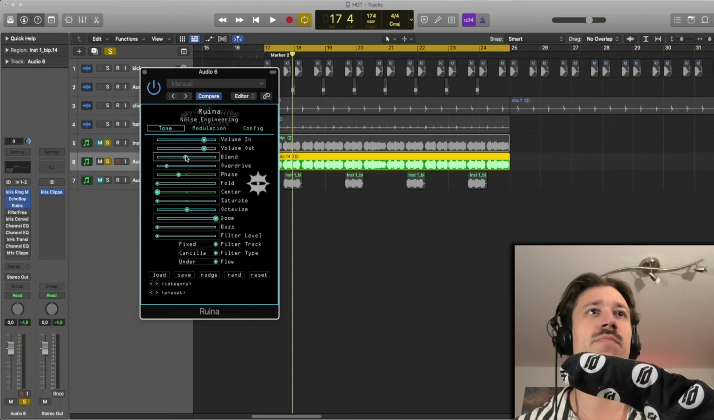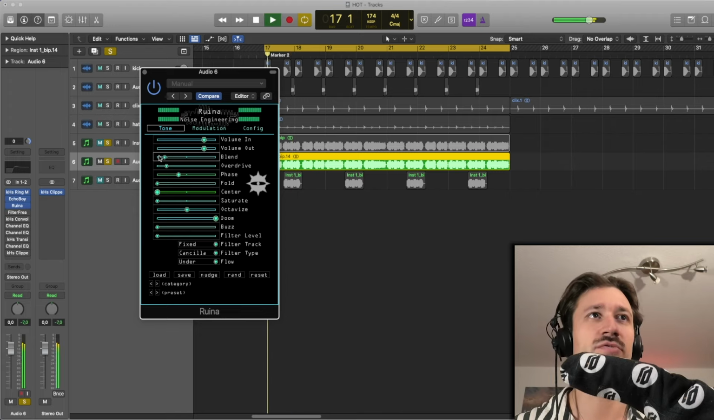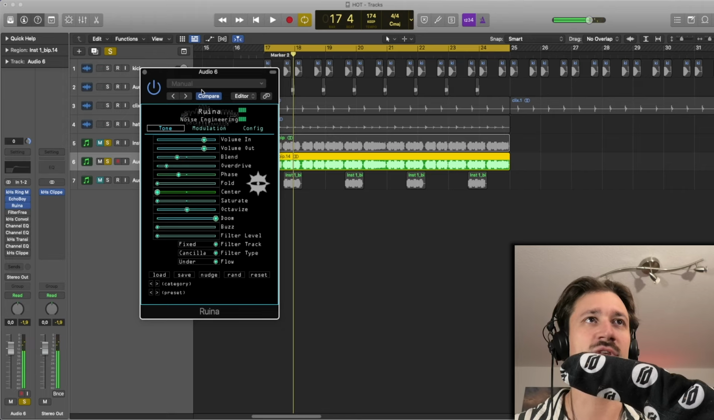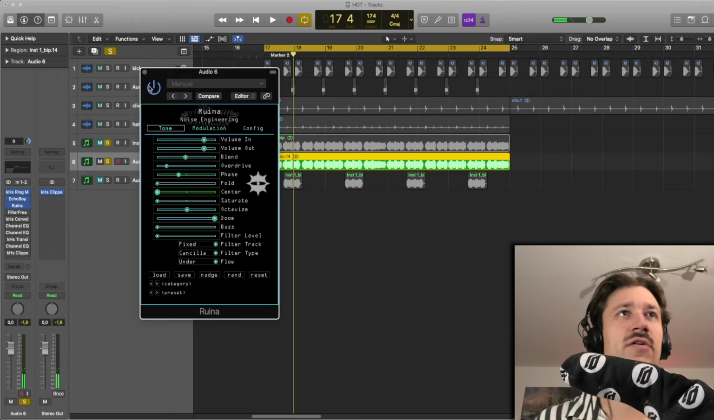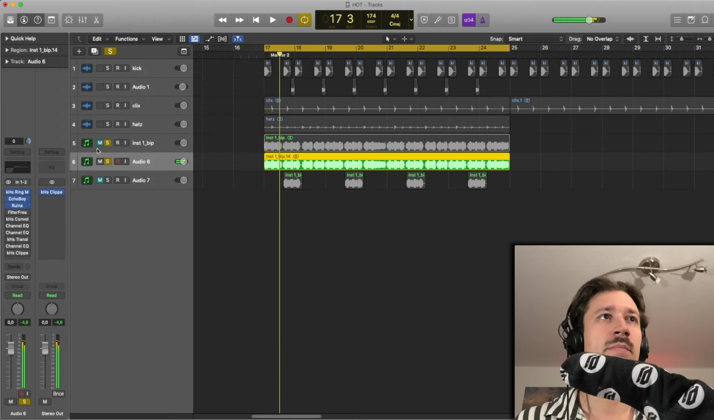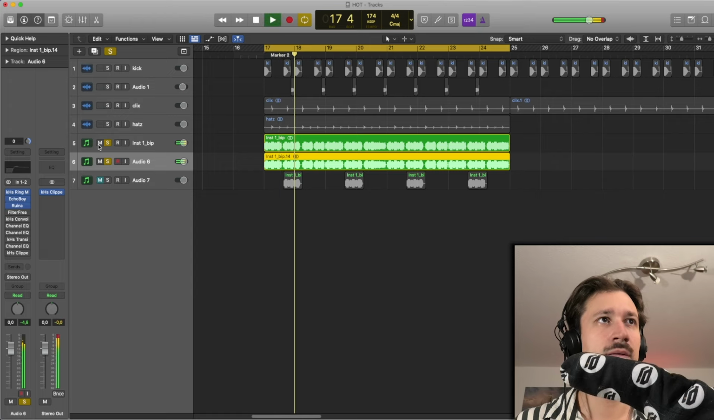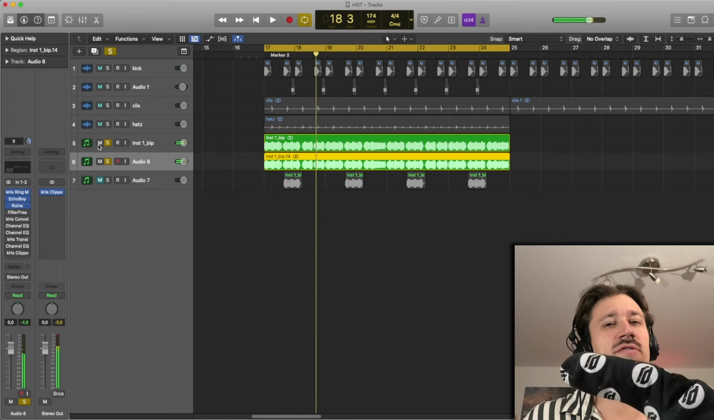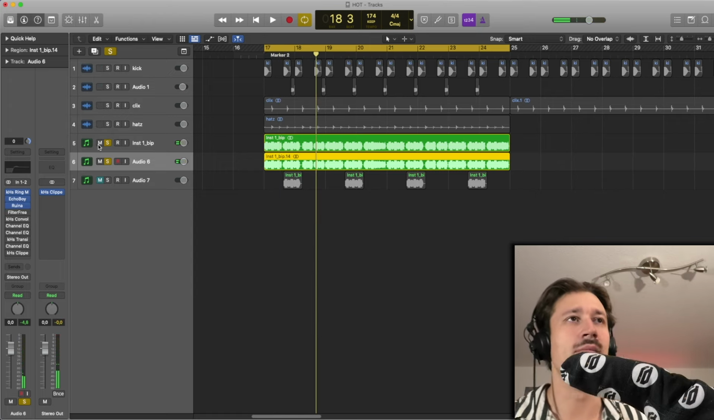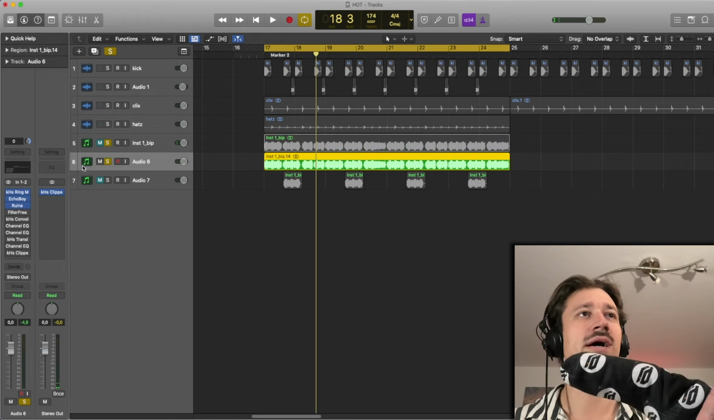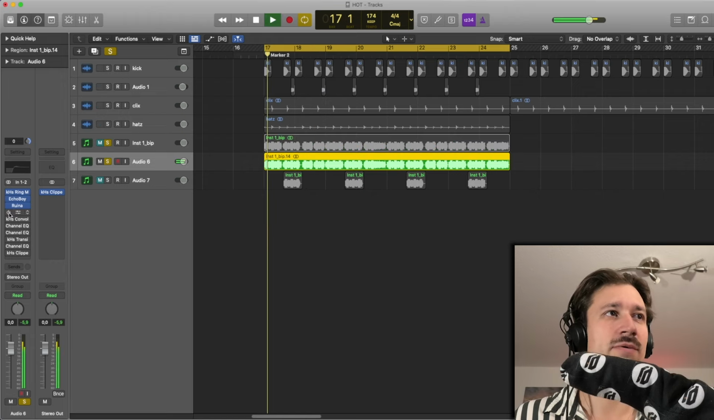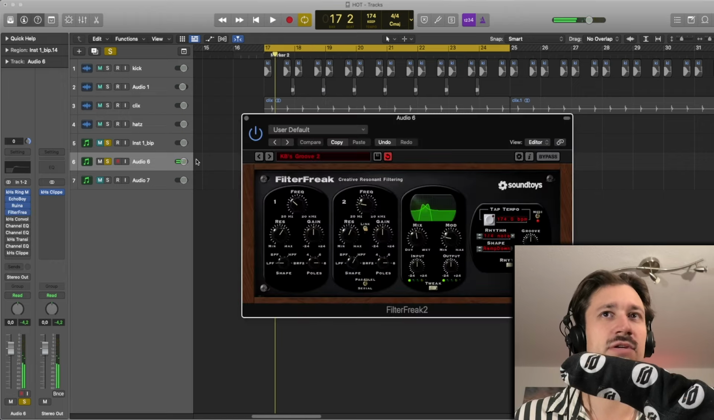Great. You can use the blend to control how much of the effect you want in. I've left it around 50-50 for this one, but now it's sort of distorting a bit too much. That's okay, because we're going to add in some more plugins now to control this sound. So next